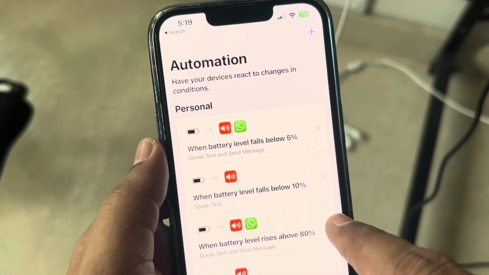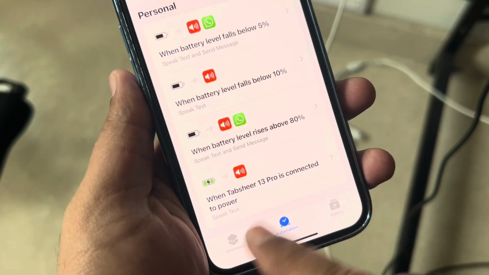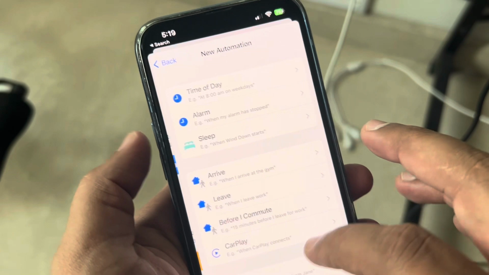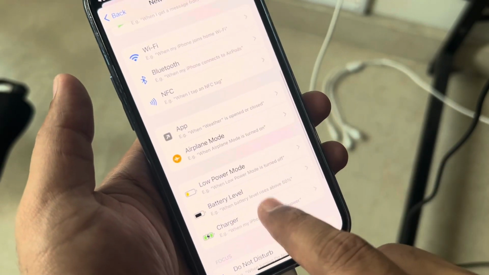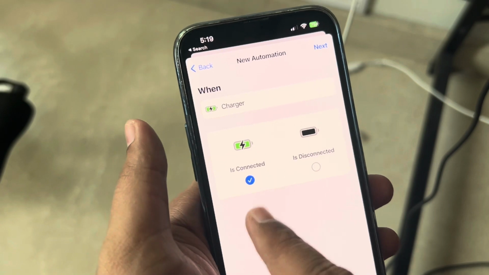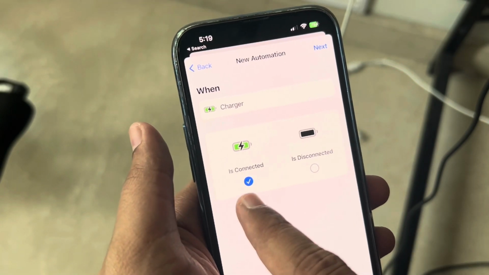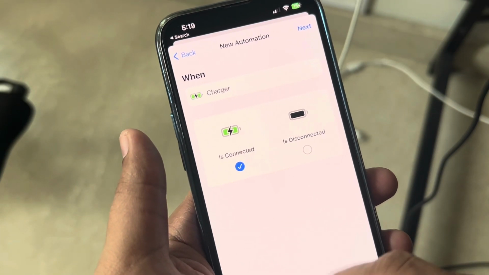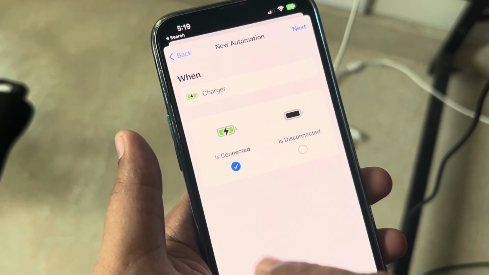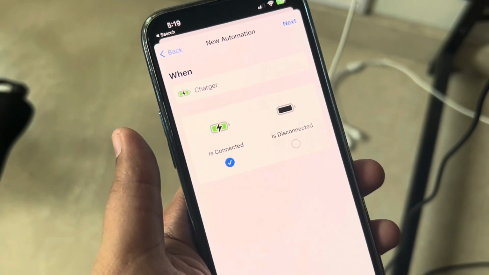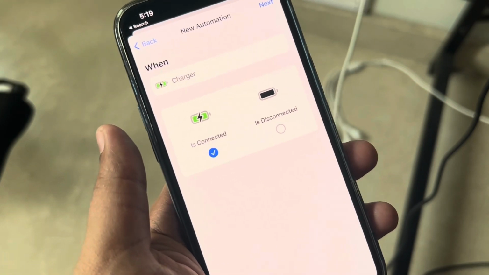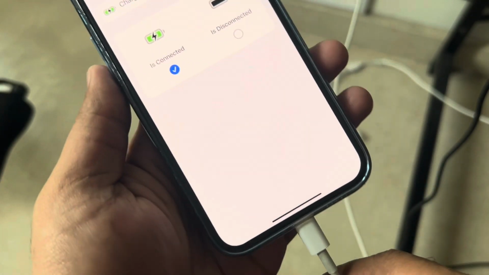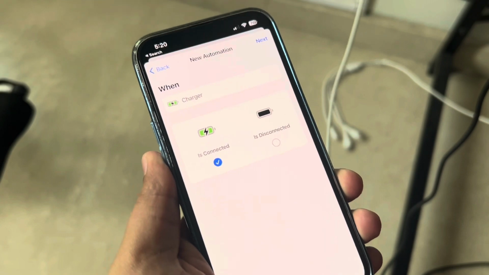Similarly, you can do it for 80% as well. Or if you want a notification whenever it is connected to power, you can do that as well in a similar way. You can go to charger, and here you can select whether it is connected or disconnected. This will be triggered only when you turn on the switch. What happens is we'll be aware if the switch is not on, because we'll be waiting for this particular message to be read out. If that is not played, then we can be sure that the switch is not on and we can go and turn it on. So in that way you can use this for playing this message,